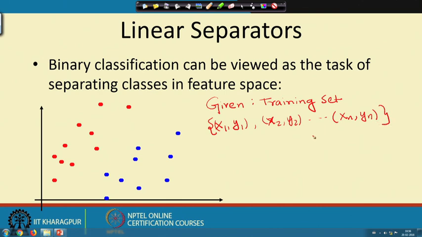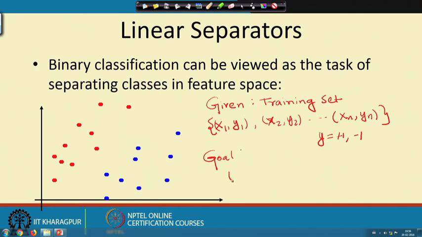So, in this case we consider a 2 class problem where y can be either +1 positive class or -1 negative class. So, given this training example, our goal